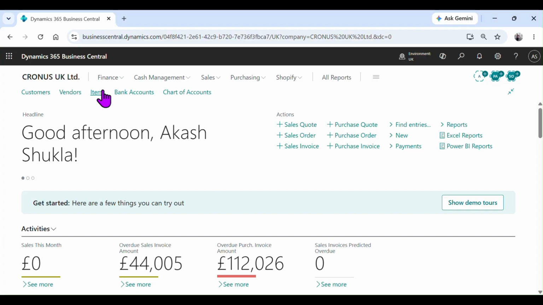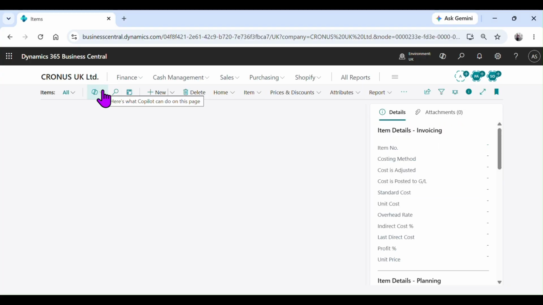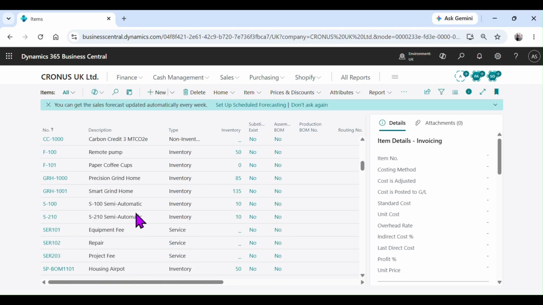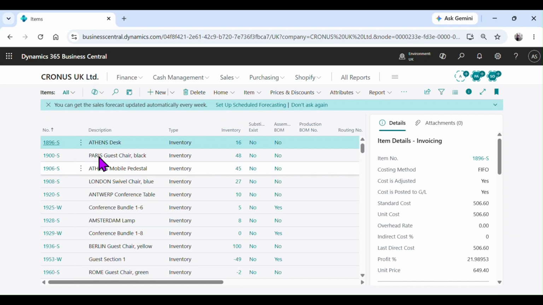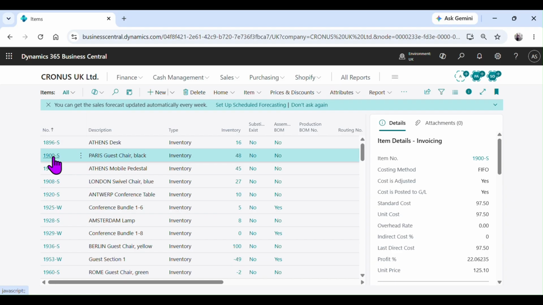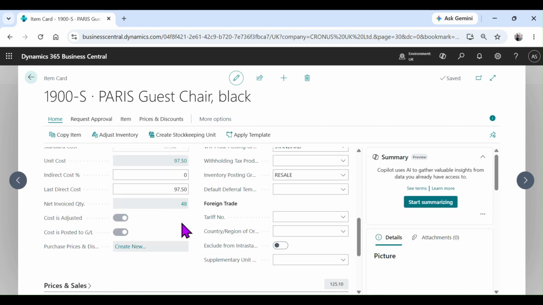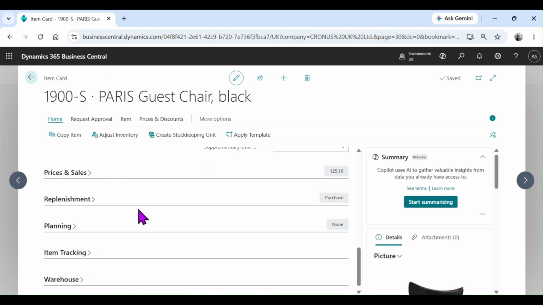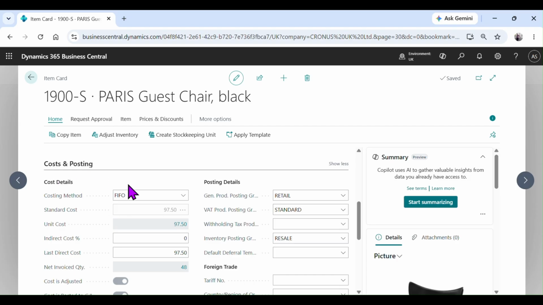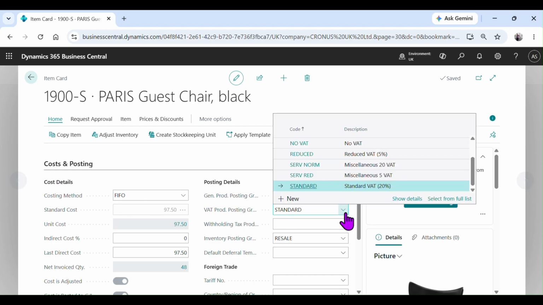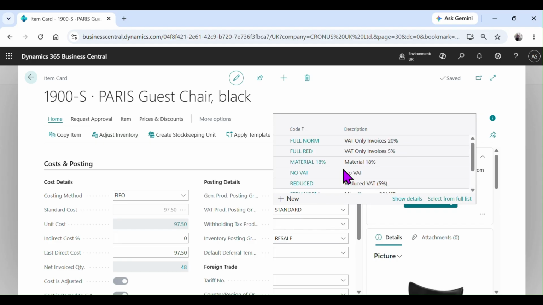And on the item, I'm going to use my Paris guest chair black. Here, under costs and posting, under VAT product posting group, we can define the new one that I created, material 18%,